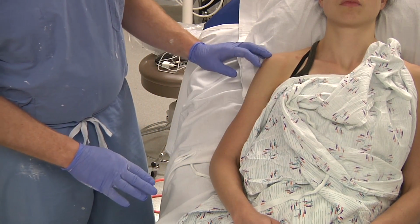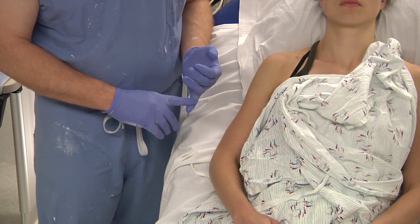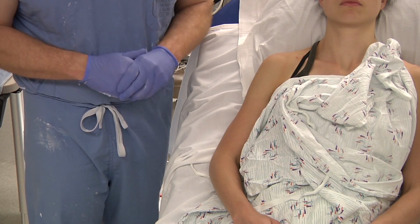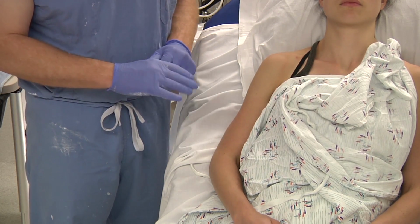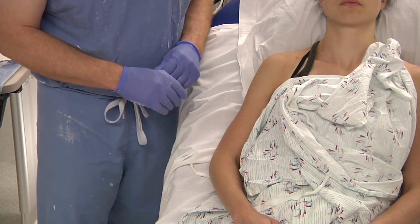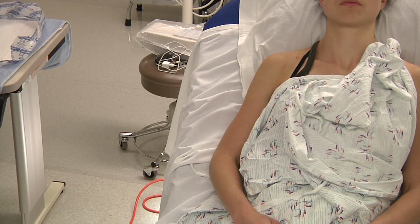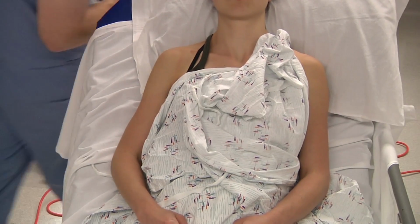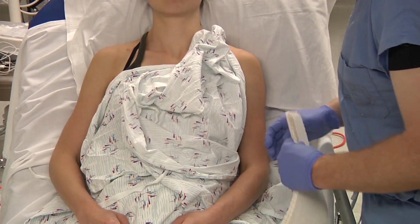The next step is make sure you have discussed and have proper analgesia for the patient. This is a relatively invasive splinting technique, so that's very important. Have all your supplies, make sure you've reviewed your x-rays, and we go from there. First thing that we generally do is on the good arm, we take our plaster or another measuring device and we measure where our splint is going to go,